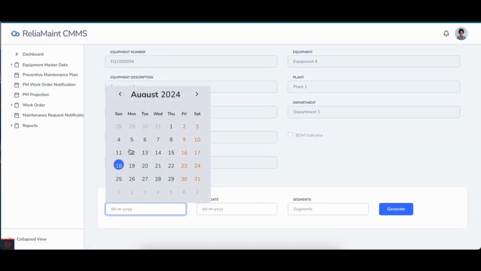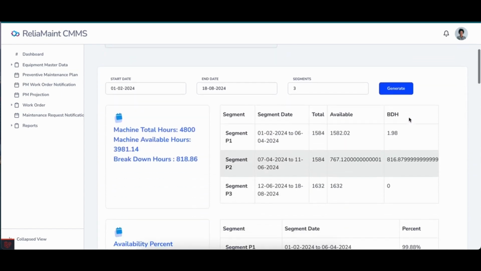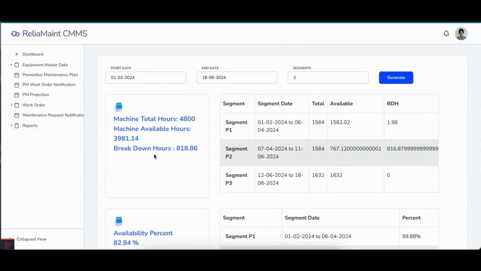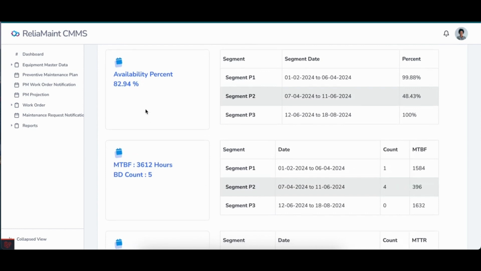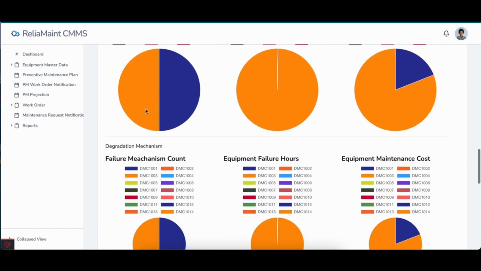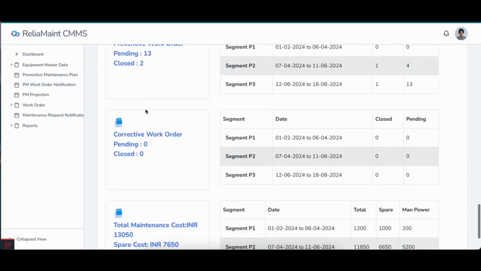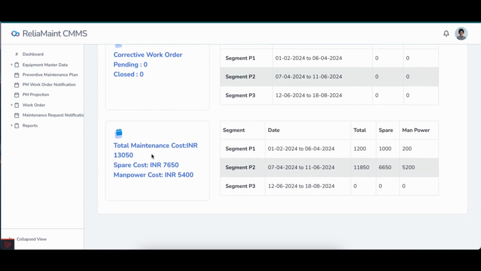It is asking for start date, end date. Again you can see machine total hours, availability percentage, mean time between failure, MTTR, fault code, repair code, degradation mechanism, breakdown, preventive, corrective, and the cost.